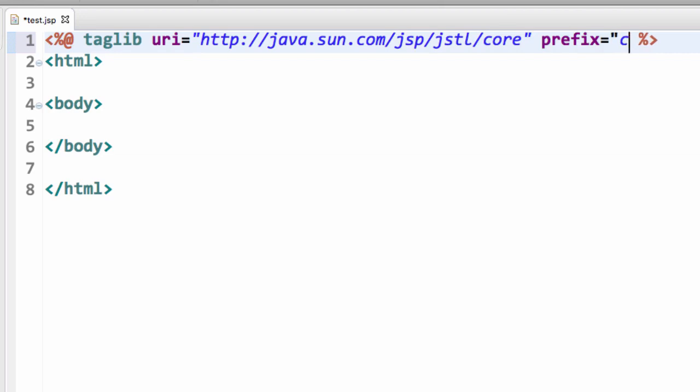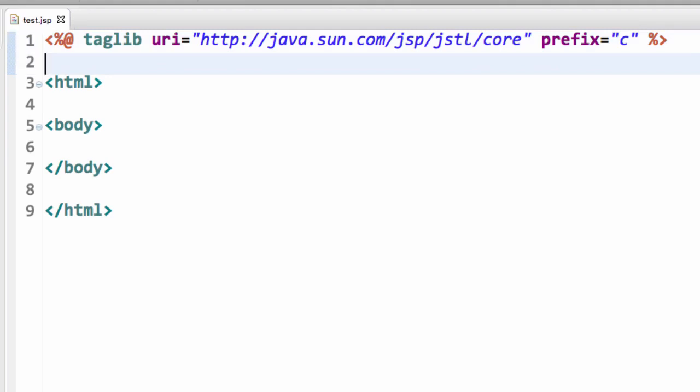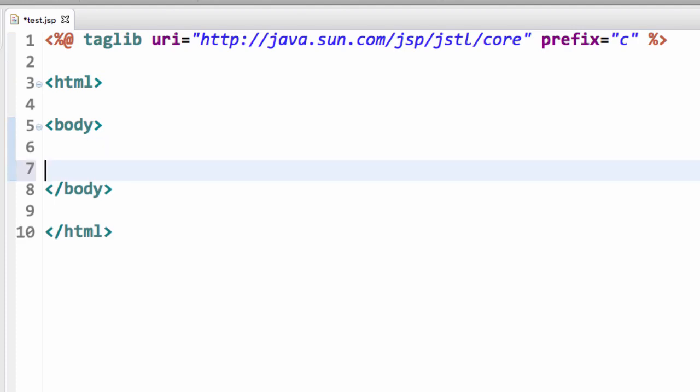And then the prefix equals c. So the prefix c, it's simply short for core. So we're going to make use of the core tag library here. Okay, so this looks good so far. So we have our taglib reference set up. All right. So now with that in place, I can go ahead and try it out. So I'll make use of one of the tags,